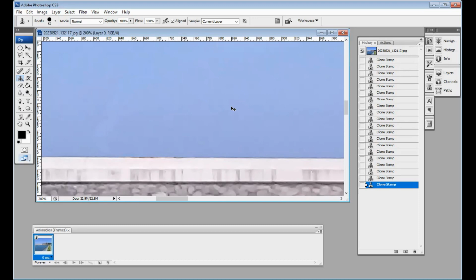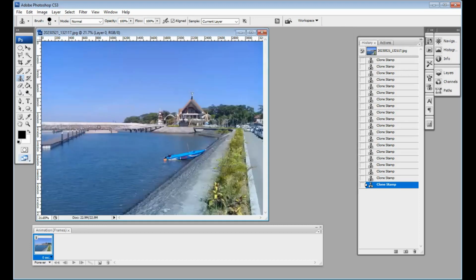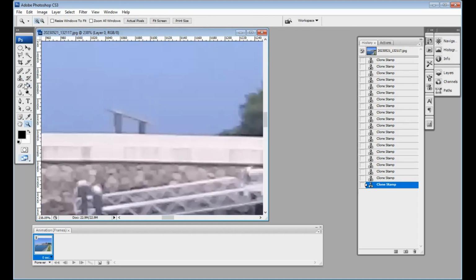Control 0. It's clear. Yeah, I think it's clear. Now try this. Okay, let's check the clone stamp. Okay, be careful. Yeah, that's it.